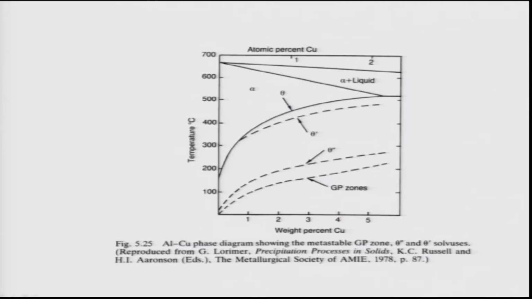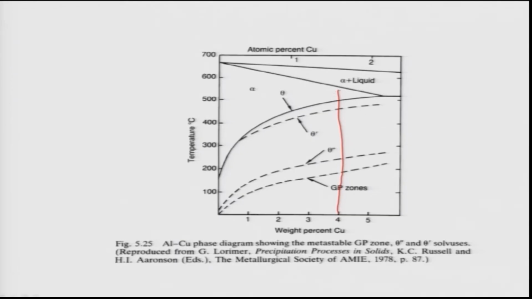If I take an aluminum 4 weight % copper alloy, first we heat this alloy to the single phase region, and because of this treatment, which is known as annealing treatment, all the precipitates present in the alloy dissolve in the alpha phase, and then we form a single phase homogeneous alpha,